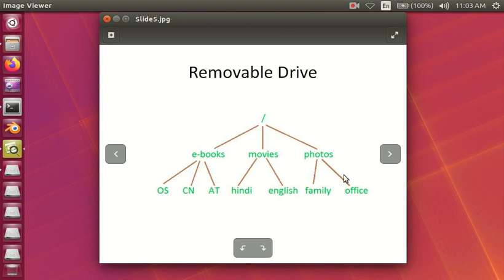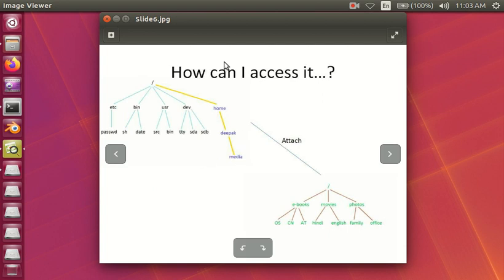I cannot access it unless I attach my drive to the system, and only then can I access the files available on the pen drive. This is because I can access everything through the root only, and only one root is allowed here. So the root of this file system must be attached somewhere in order to access it.